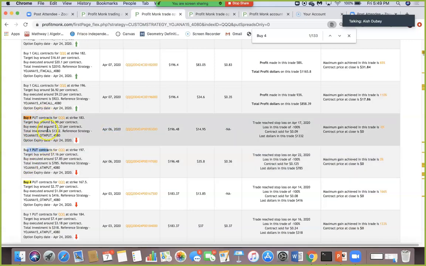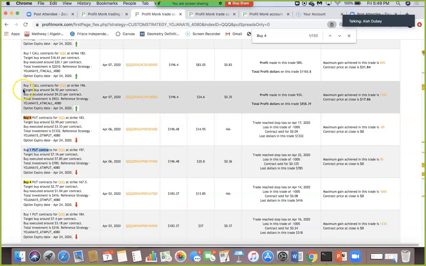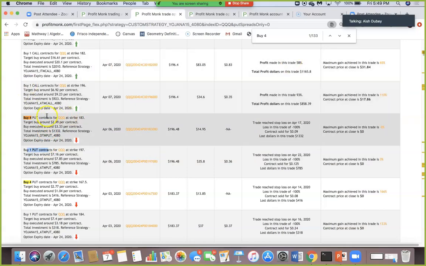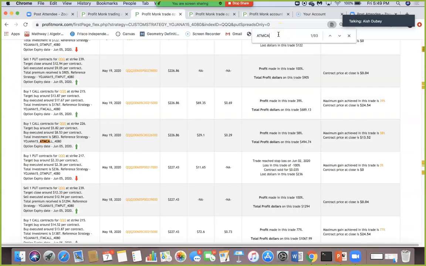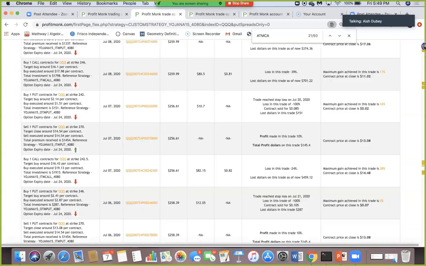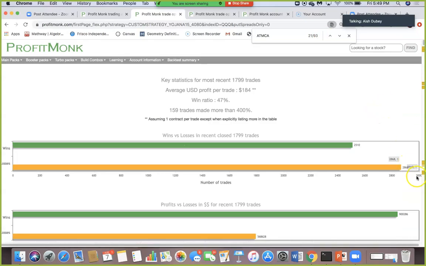So it changes its mind. It's like a chameleon. You will also see sometimes ATM calls being bought. So if you search, and you can do this analysis yourself, search for ATM call, and you will see that ATM call starts to appear pretty frequently in the March, April, May timeframe. But apart from that, it doesn't. Actually, you can see it here. There are only 93 times you have seen some sort of ATM calls. So the strategy changes the kind of spreads that you will trade depending upon the trend that it sees in the market.